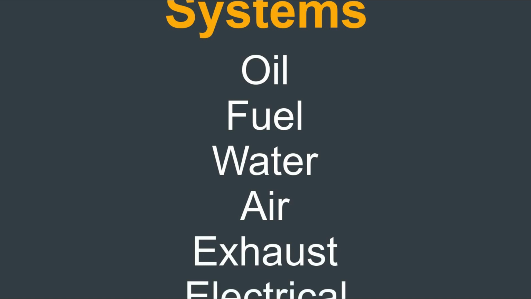Some engines have more than 6 systems and some engines have less. Lubrication oil, fuel, air and exhaust, those systems are always going to be present to some degree. Sometimes for very small engines, you'll actually mix lubrication oil in with the fuel itself, although that is only for very small 2-stroke engines. So let's look at the lubrication oil system first, because arguably it's the most important system